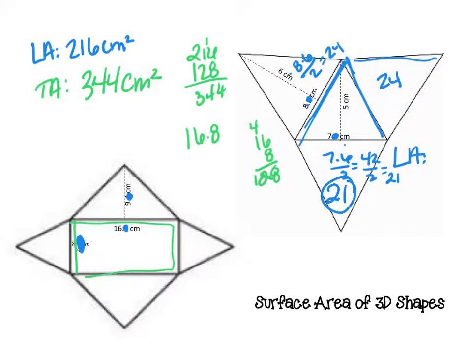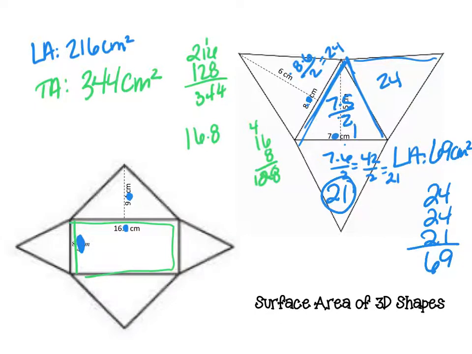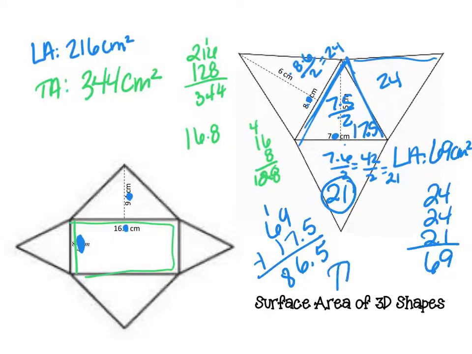So 24 plus 24 plus 21 is 69. So 69 centimeters squared. And then our total, we're going to add in this piece right here, which is 7 times 5 divided by 2, which you're going to get 17.5. So 69 plus 17.5. We have 86.5, so the total surface area there is 86.5